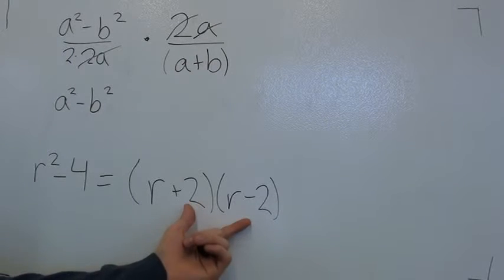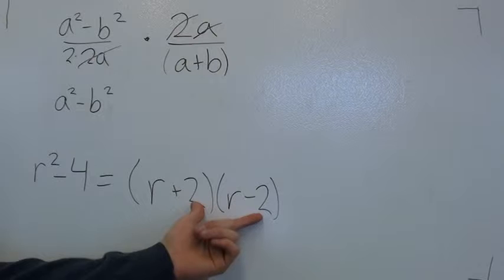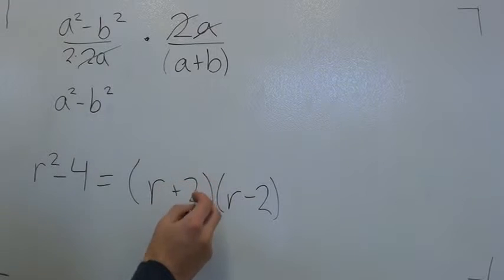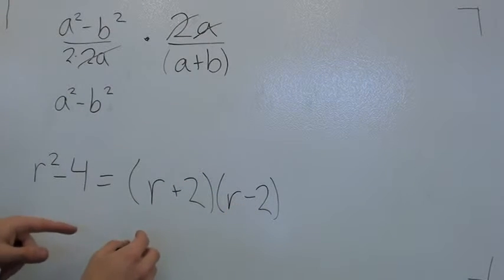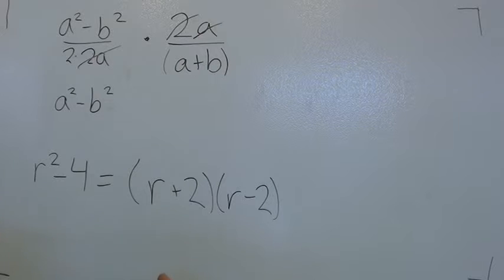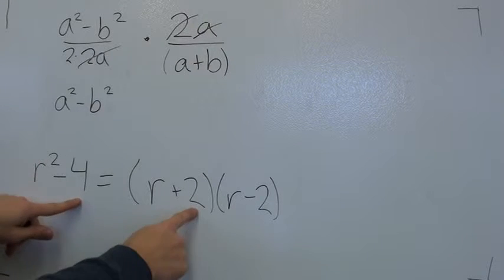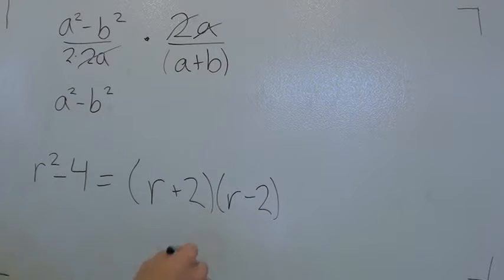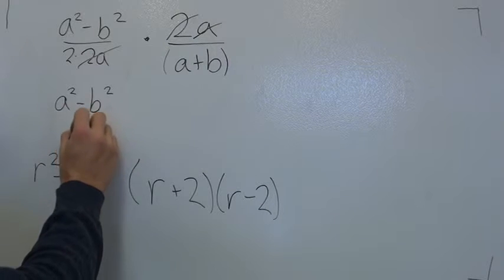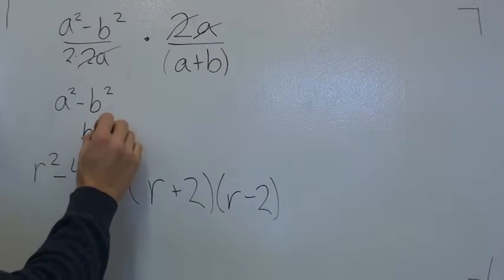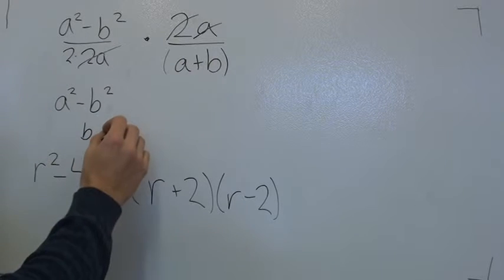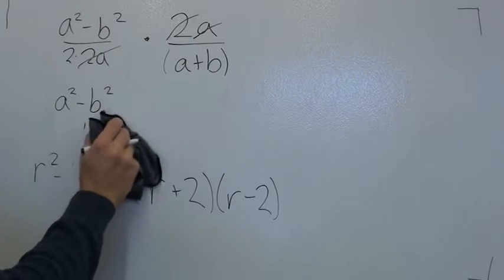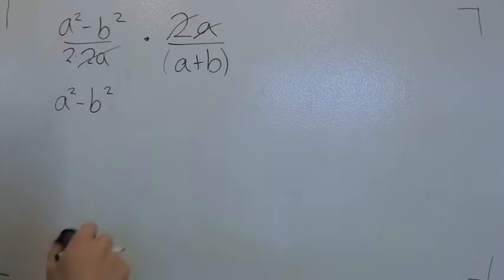Because 2 times 2, 2 times negative 2 is going to make your negative 4, right? But also, they're also negative of each other, so the term that's usually in the middle will cancel itself out, right? So since 2 squared is 4, we can use a plus 2 and a minus 2. Same way, since b times a negative b, we'll do the same thing. We can write this. Sorry, I'm moving a little fast for this part, but